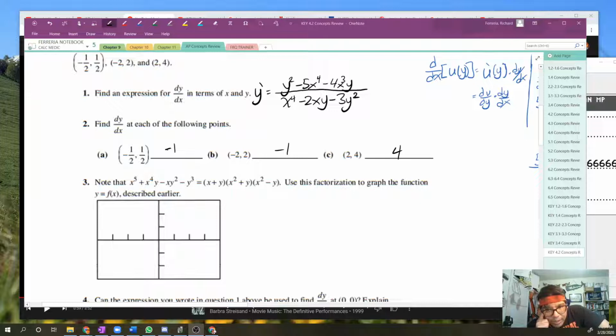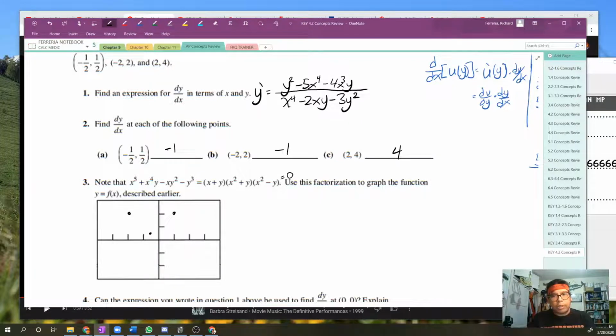Okay, so next we have this factorization of that same polynomial, and we're supposed to use it to graph the function described earlier. So we know that this is equal to 0. And we also know that we go through the points -1/2, 1/2, which is right here, -2, 2, which is right here, and then 2, 4, which is right here. So here's what I'm going to say. If we know that this is equal to 0, then one or the other ones of these three factors has to equal 0 as well. That's the